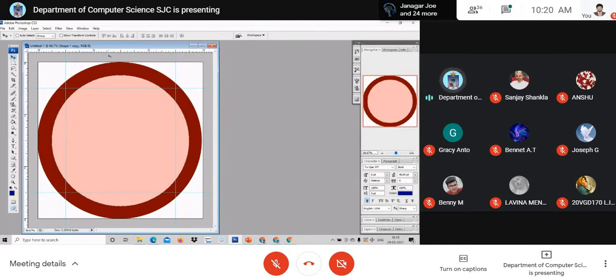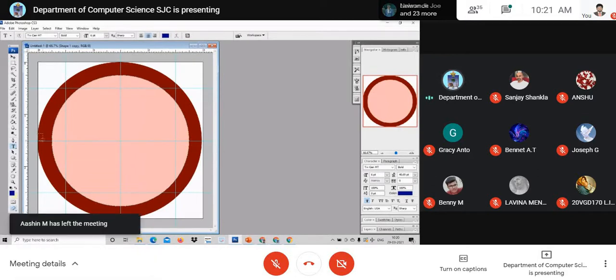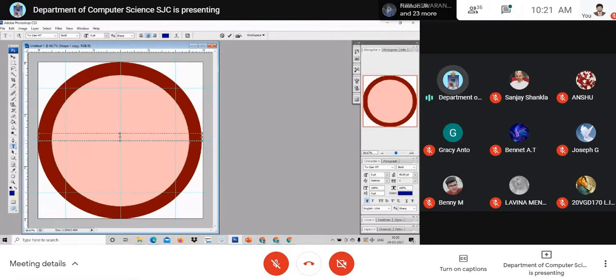Okay, fine. What is the center portion? If it is 3, what will be the center portion? 1.25. So I just put up a grid line here, center. And this side also I put up a center line. See here, for the center, right? Now what do? I want to put it as St. Joseph's College, Tiruchirappalli on the top, and bottom, maybe whatever program or anything can be put. Now see here, I just choose. I'm typing St. Joseph's College in capital letters.